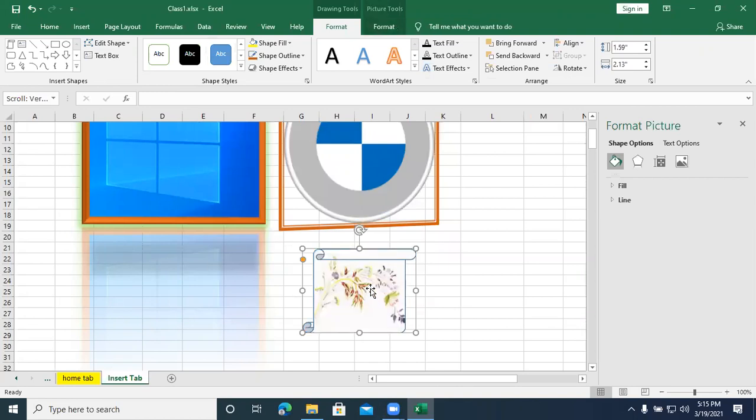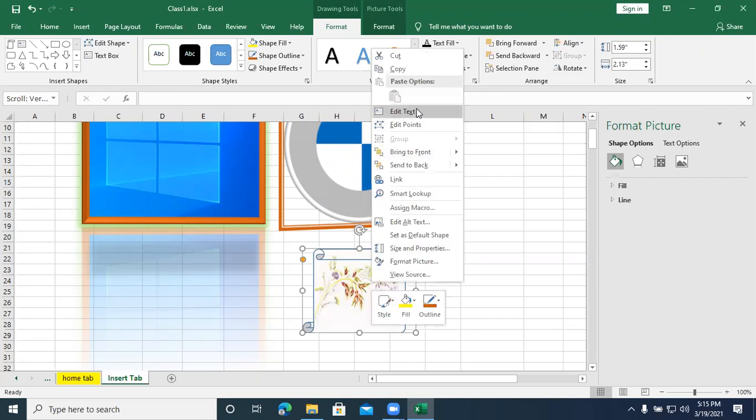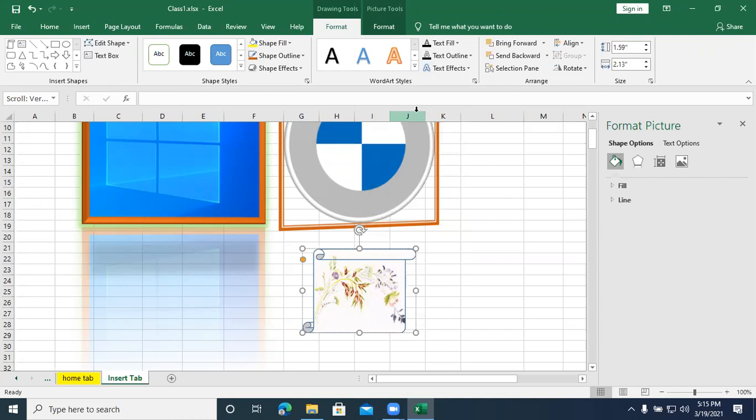And you can also type above this. Just right click, edit text or add text. Any one option you will get, add or edit text. My text is not visible for you because it is in white color.